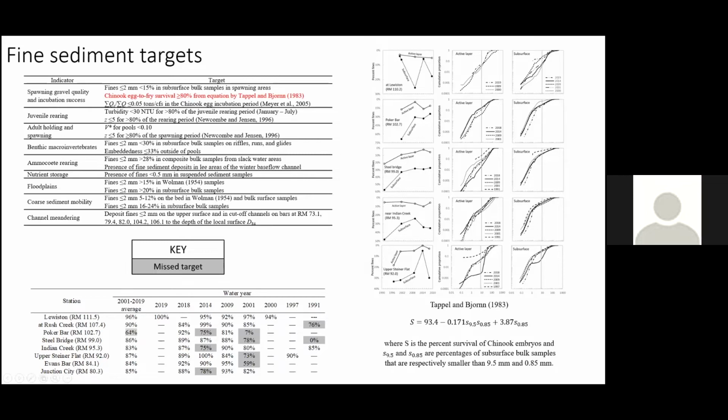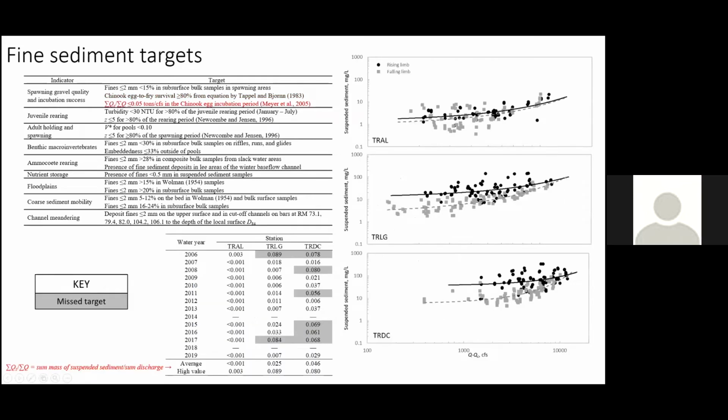This next target has to do with sand seals that can form or not in salmon redds. Sand seals are a veneer of sediment that can form in the upper portion of redds and block sediment from infiltrating down into the redd and suffocating eggs. At the threshold of the normalized